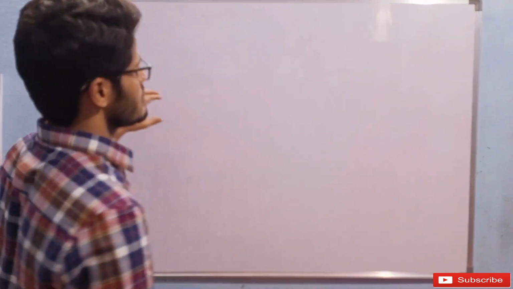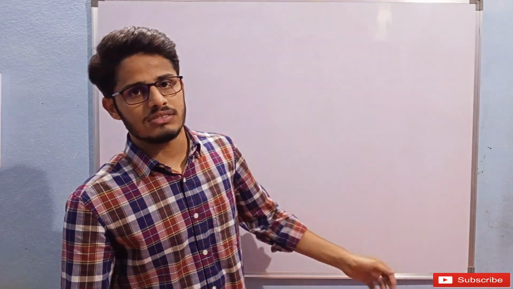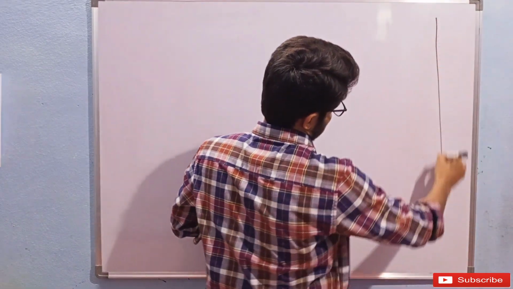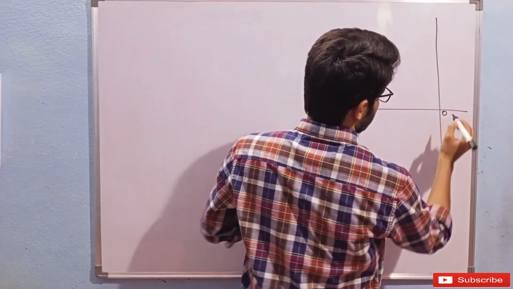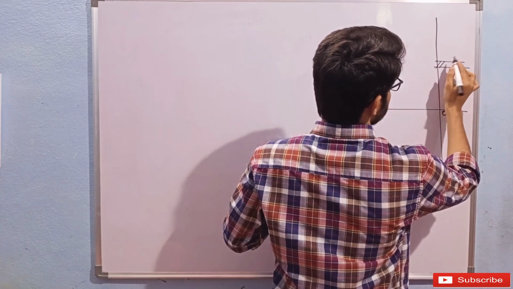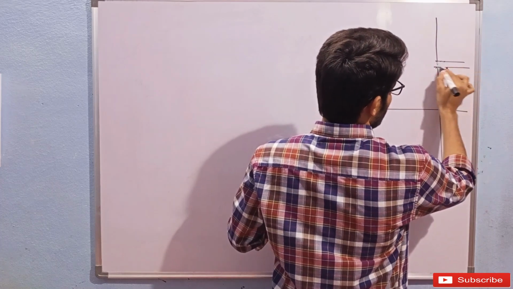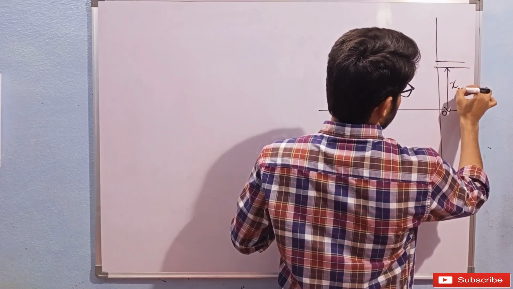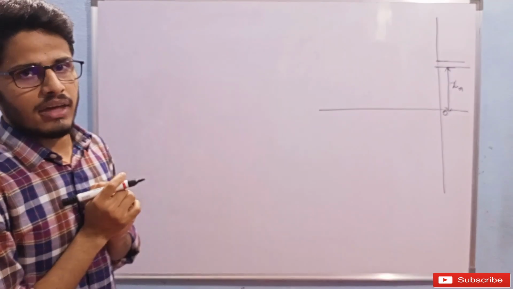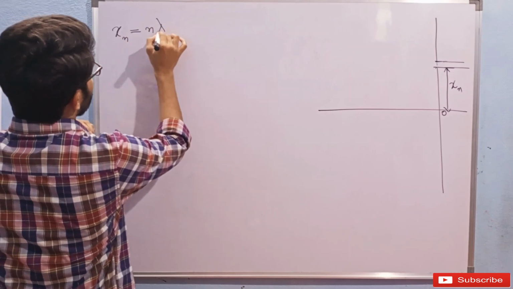In that experiment we got the expression for the linear distances of bright and dark fringes from the center of the final screen. So it was something like this. This was the final screen. Here's the O, and let it be any nth bright fringe. The distance from O to the bright fringe was x sub n, and that x sub n was n lambda